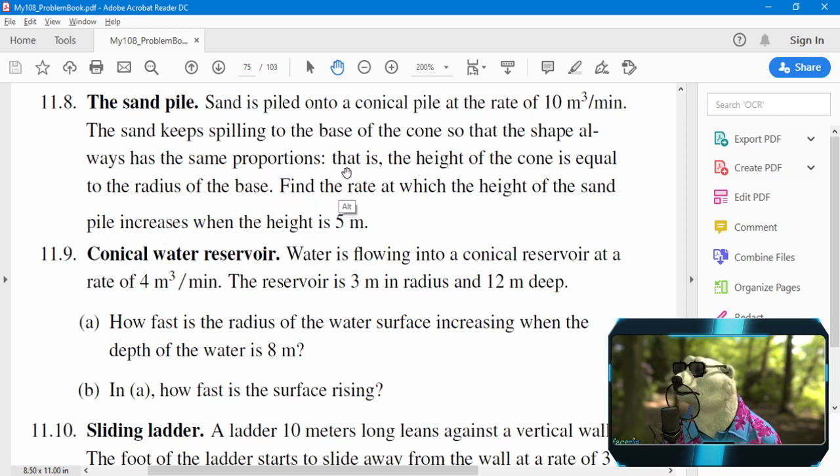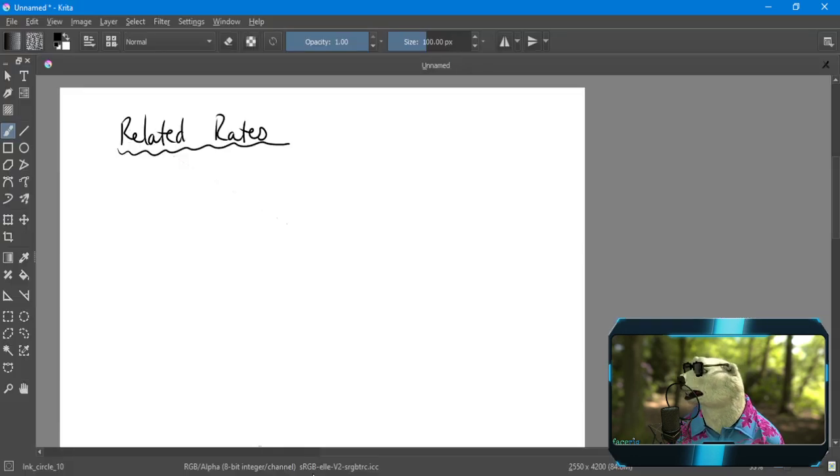It's a cone, and the height of the cone is equal to the radius of the base. So the height is the same as the radius. So it's a pretty flat cone because the sand keeps falling and sliding down. Find the rate at which the height of the sand pile, the cone, increases when the height is 5 meters. So let's number this